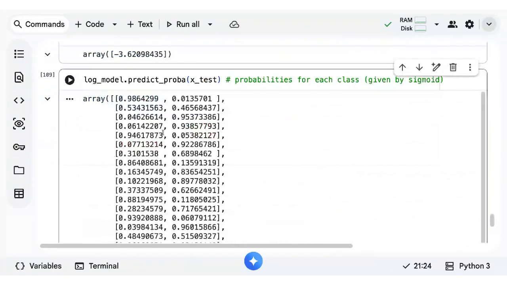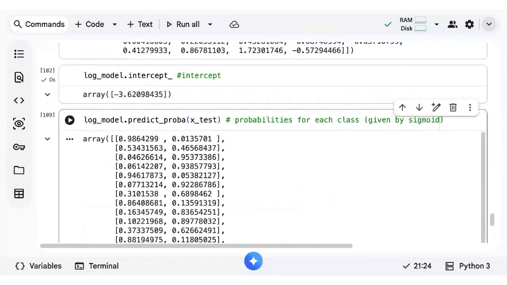Now, in logistic regression, first it uses a linear regression concept, which generates continuous values. And then we apply a sigmoid function, which transforms all continuous values to a range of 0 to 1. Whatever predictions are given by your model, it's converting them into a probability.